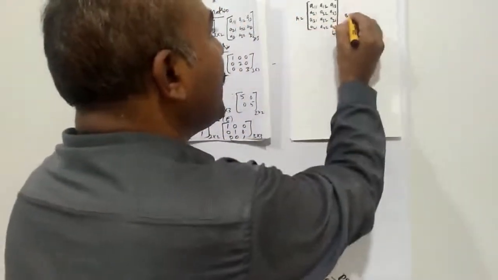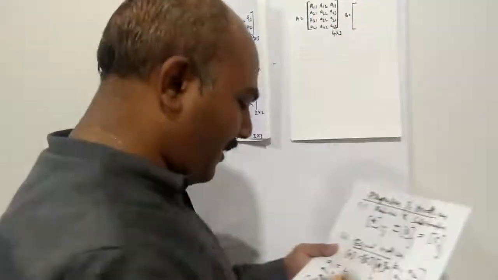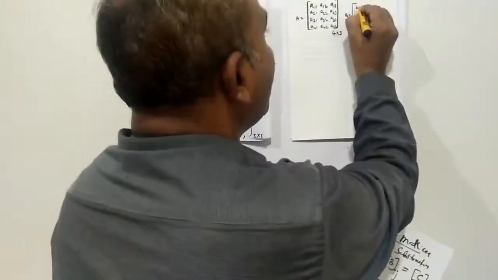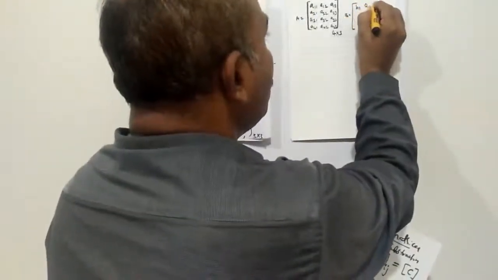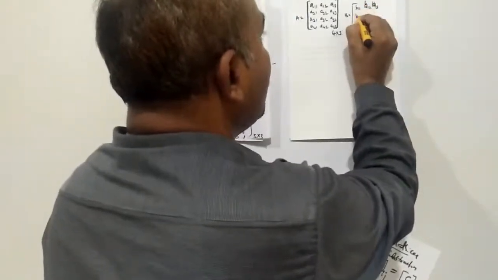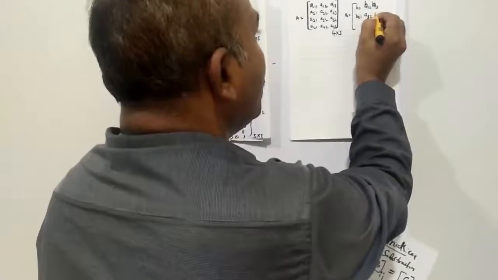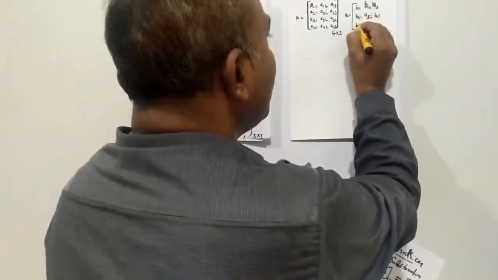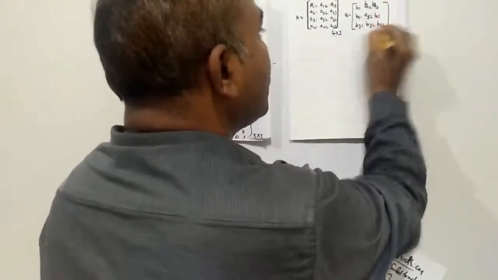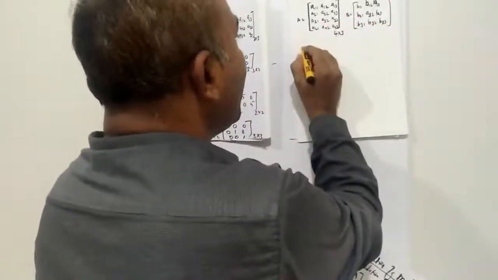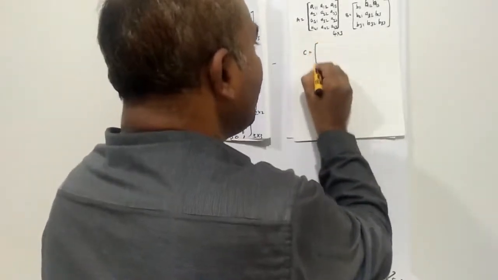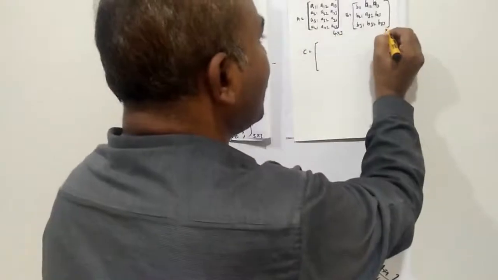Then we'll go for the B matrix, of the order 3 into 2. So there must be 3 rows: B11, B12, B13, then B21, B22, B23, then B31, B32, B33. If you multiply A into B, the answer will be C. C is the matrix of the order...